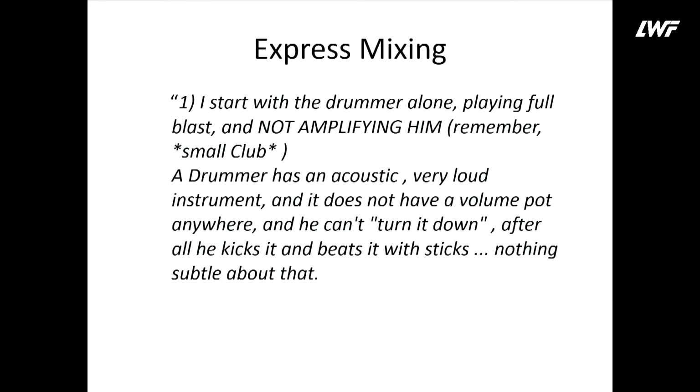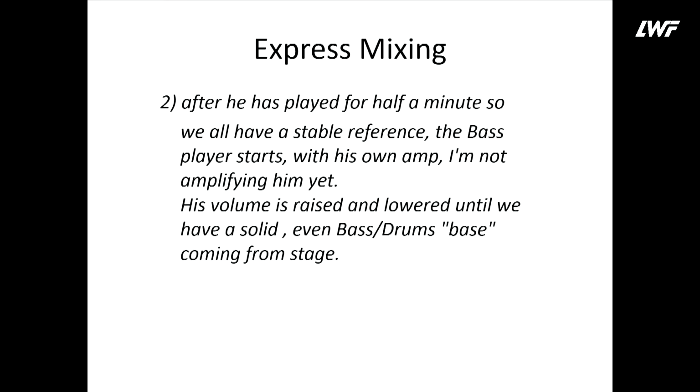Okay? So yung drummer starts doing the beat. Okay. Pagkatapos nun, after he has played for half a minute or so, mayroon tayong stable reference. Alam na natin yung volume, eh. So yung engineer, bababa, titignan niya, papakinggan niya mabuti, okay, balanse ba? Balanse, okay. Patutugtugin niya ngayon yung bahista na naka-amplifier lang nung sarili niya. Okay? Look what happens. Not amplifying him yet. His volume is raised and lowered until we have a solid, even bass